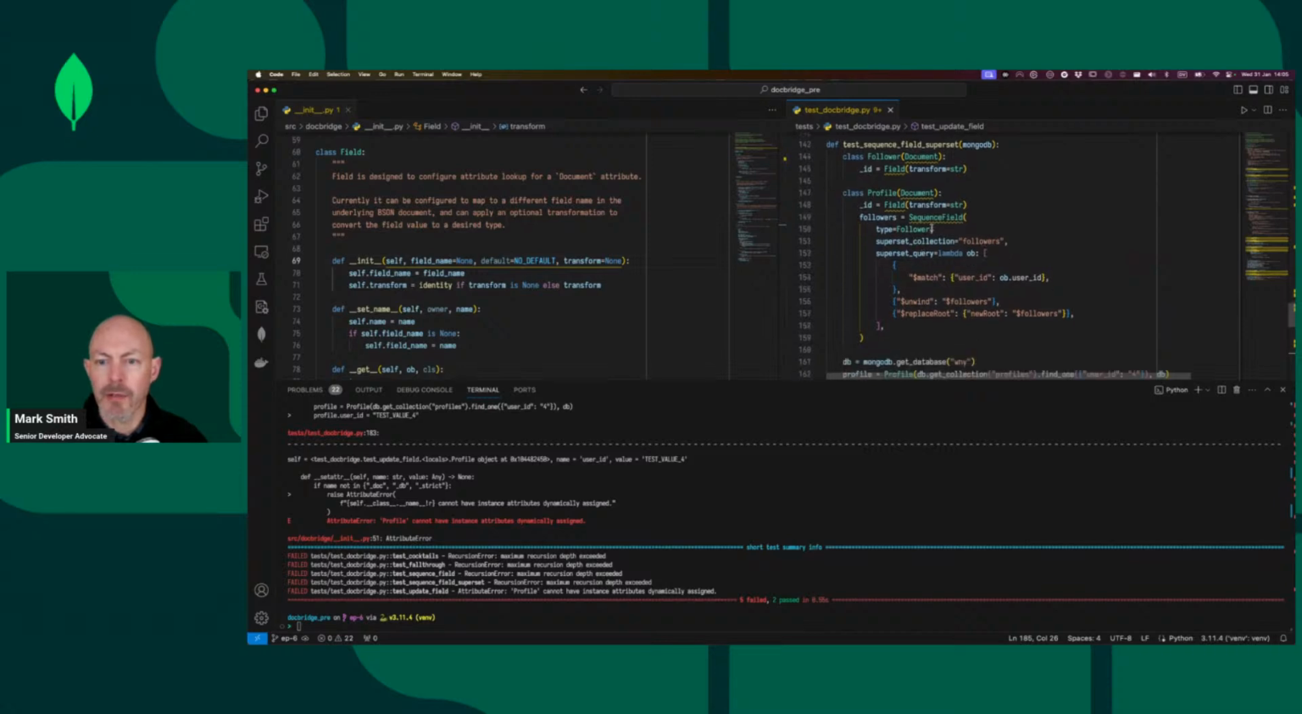I can configure a sequence. Now this will then wrap every item in that array with follower. So I get an array of objects, or at least an iterable of objects. But